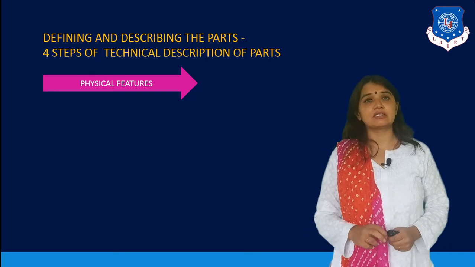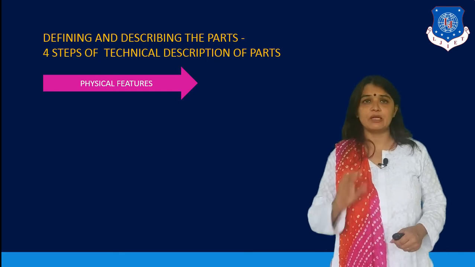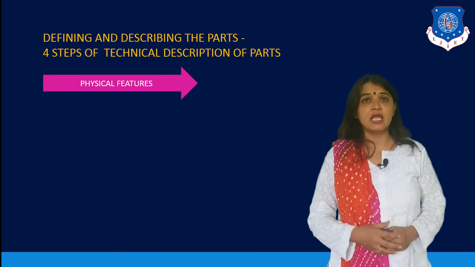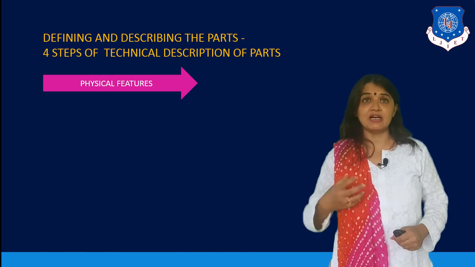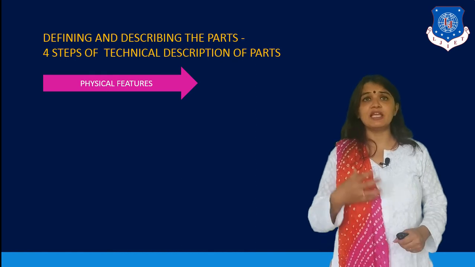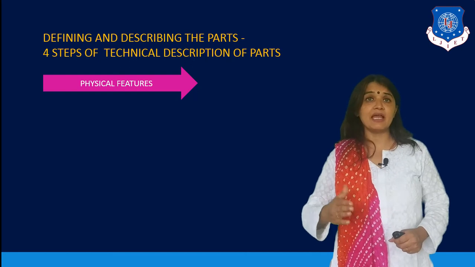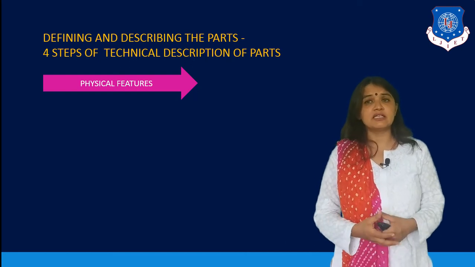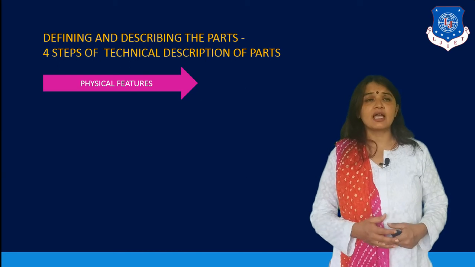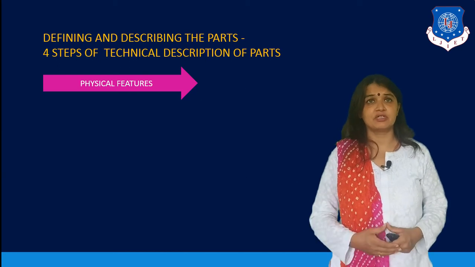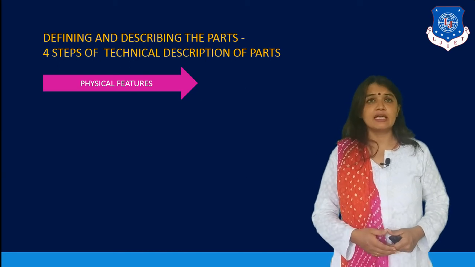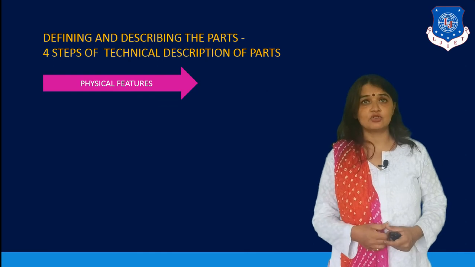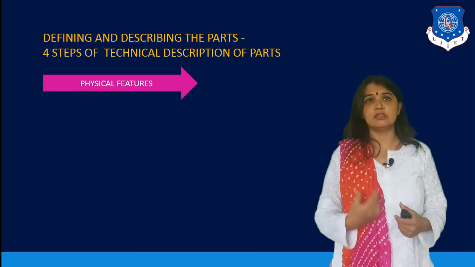Now whenever you are discussing the physical features of any equipment or part of a machine, if it is very unknown to people, it is very helpful if you can compare it with something which is known. For example, I can say that this tool is as sharp as a knife, or maybe you can say it is like a needle. That means there is some pointed tool in the machine.